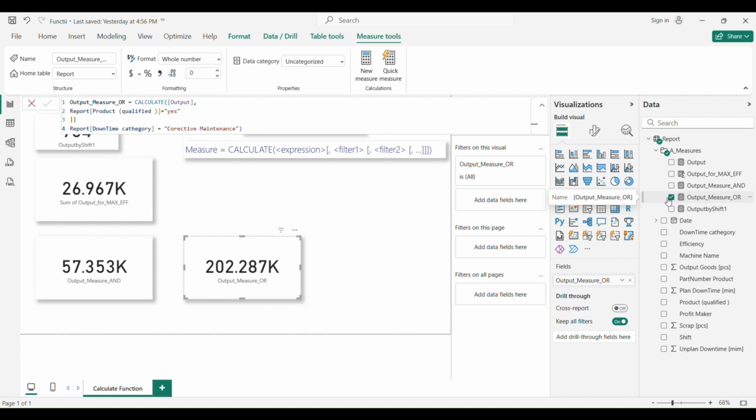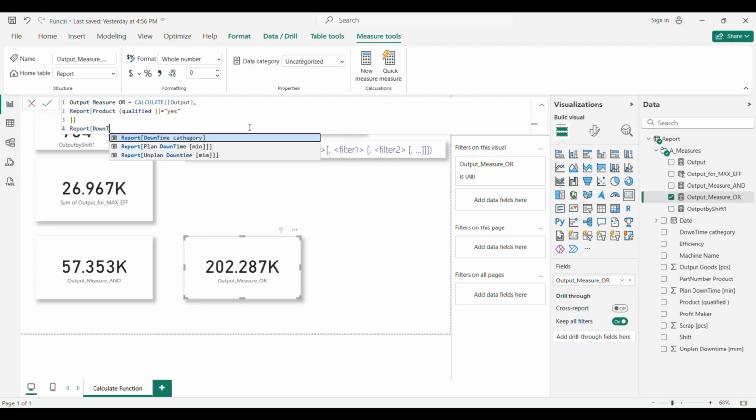So of course we go with CALCULATE output. We go in report product qualified, and after that we don't say yes, let me delete this.